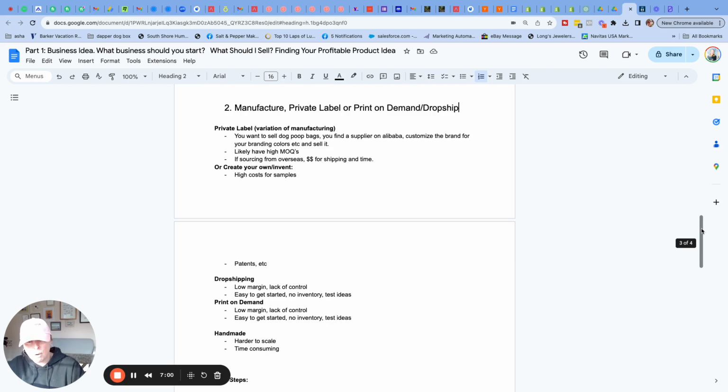So just to explain what drop shipping is, if you don't know what that is, drop shipping is basically you have, let's say, a Shopify store, for example, and you sell pet products. So you sell dog leashes and dog bandanas or t-shirts, and a customer orders one, and then a third party is going to ship that product out for you. So the pros and cons of that are, the pros are that you don't have to hold inventory, which is a huge pro. I mean, you kind of can't get around how great that is, that you don't have to ship out any inventory, and you don't have to hold